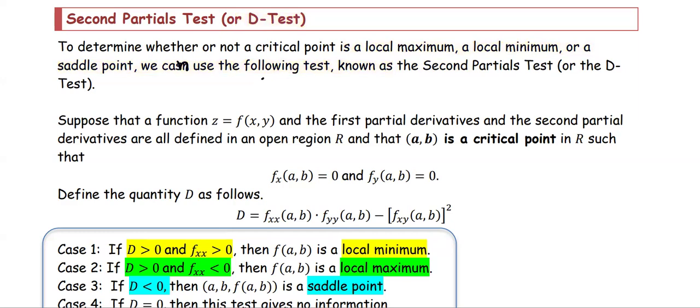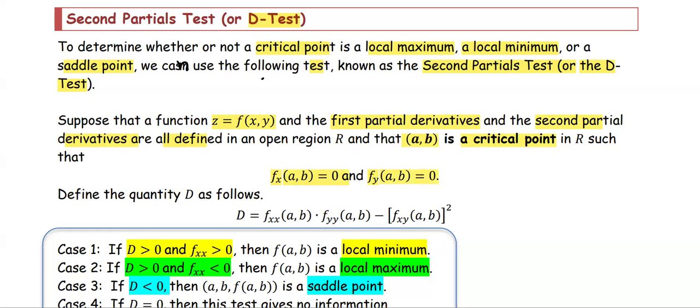Second partial test, or D-test, to determine whether or not a critical point is a local maximum, a local minimum, or a saddle point. We can use the following test known as the second partial test or the D-test. Suppose that the function z equals f of x y and the first partial derivatives and the second partial derivatives are all defined in an open region R, and that the ordered pair (a, b) is a critical point in the region R such that the partial of f with respect to x equals 0 and the partial of f with respect to y